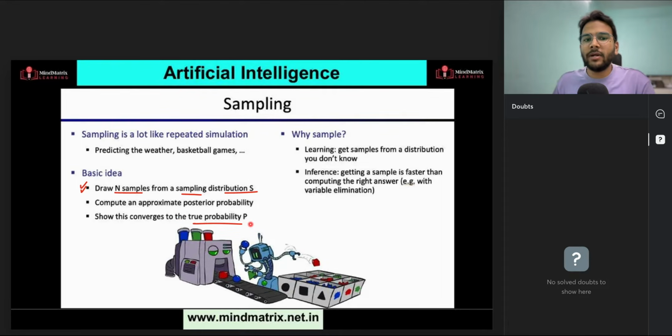When I say true probability, that is the probability for the entire distribution, right? So you compute an approximate posterior probability and show how it converges to the true probability. This is the basic idea of how we do sampling, and it is applicable wherever we perform sampling. Okay,